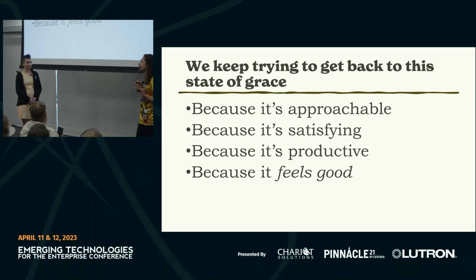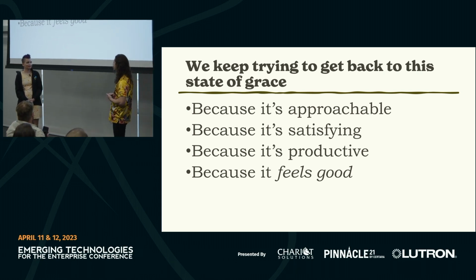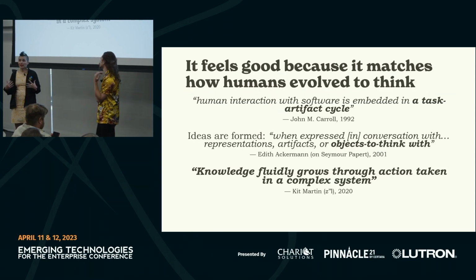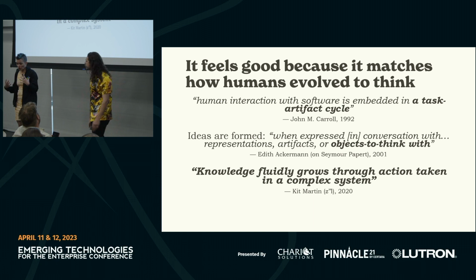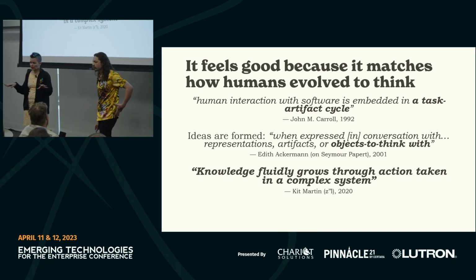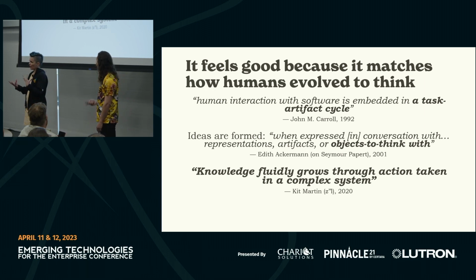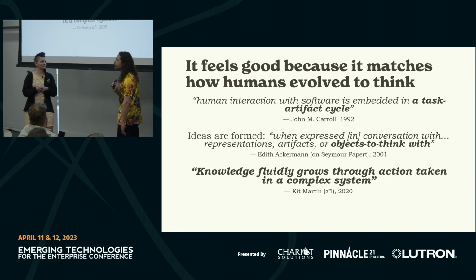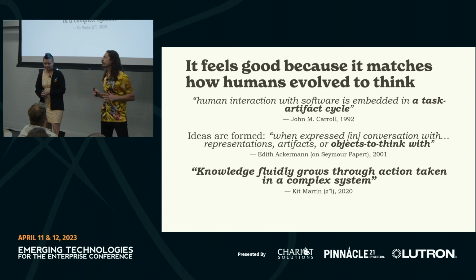It feels good. And it's productive. Yes, yes. So we can take this feeling and say, all right, this is an indication that we, as humans, have a system sense, and we can sense that this kind of exploratory loop is good for us. Can we break that down? Well, one of the reasons that it feels so good is because this is how we think. This is how we evolved to think.